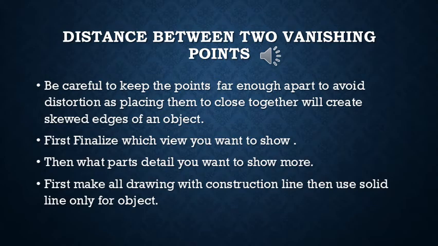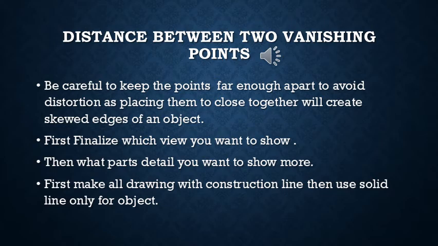The closer the vanishing points are, the fewer the details are going to be, and they will be overlapped. So we are going to have vanishing points at the edge of the horizontal line, or very near the end of the sheet, and we try to have more space to create objects between the two vanishing points. This is the most important thing to decide. At first, we have a horizontal line, and then two vanishing points, and the third part is to finalize